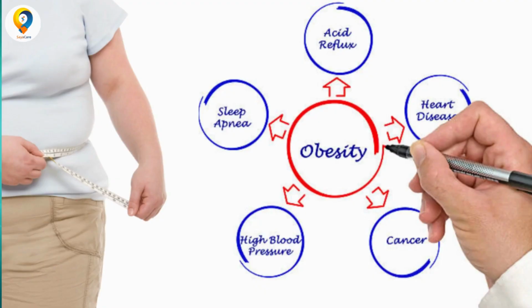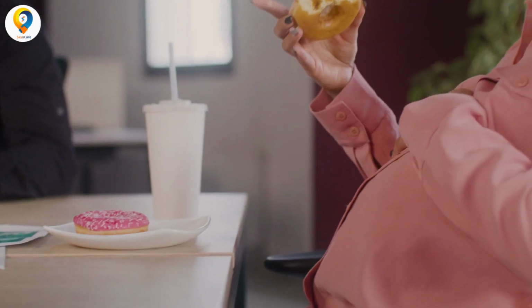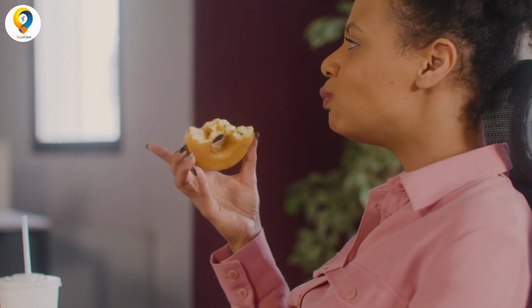Another aspect is obesity, which is highly linked to the previous aspect. Obesity is associated with nearly 55% of type 2 diabetes. The third is poor sleep. You should try and make yourself very comfortable when you sleep. Poor sleep can lead to the onset of type 2 diabetes. A fourth aspect is poor nutrition during pregnancy. While pregnant, it's really important that any mother provides quality nutrition to the child.